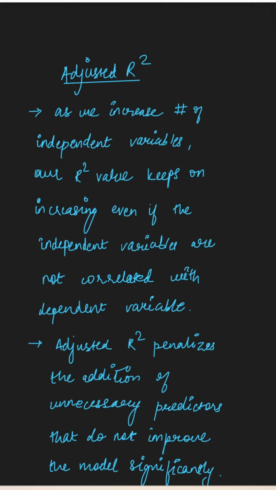However, there is a catch here. If we try to increase the number of independent variables, then our R square value will keep on increasing, and at some point we might get 1 or closer to 1, and we would think that our model is the best model, it's performing best and is able to explain our dependent variable, when in fact it will not be able to explain. And the reason for that is when we add more independent variables to a model, the R square value always increases.